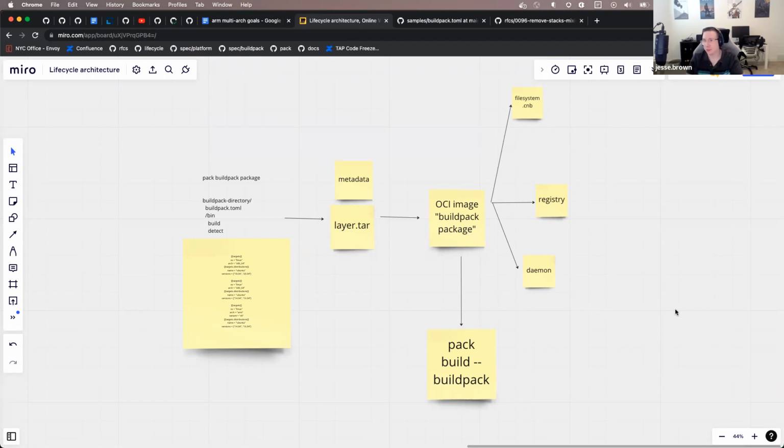If it was just a bash build pack, it might just work, because that's just the way it is. But if it's Go or Rust or something and you're building it only for AMD64, then it's going to be in the wrong format if you try to run it later on ARM.